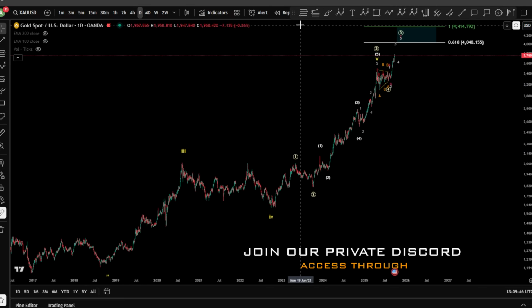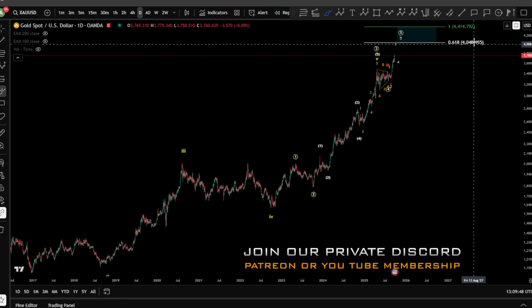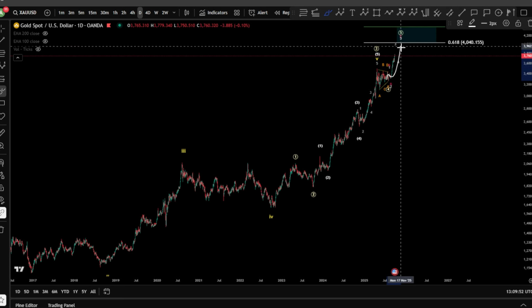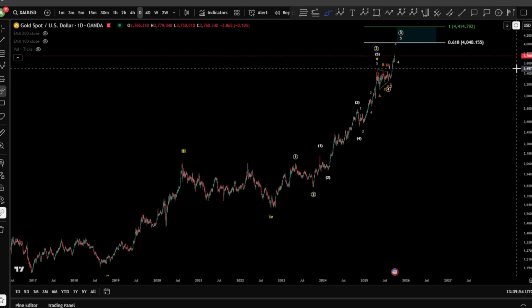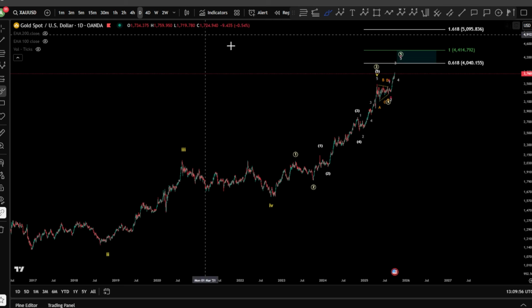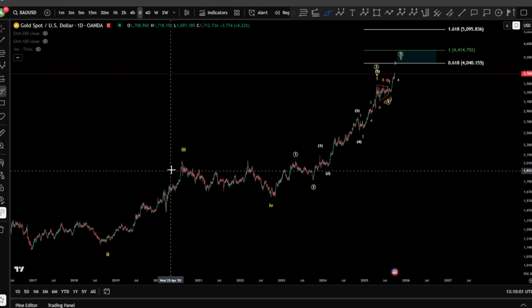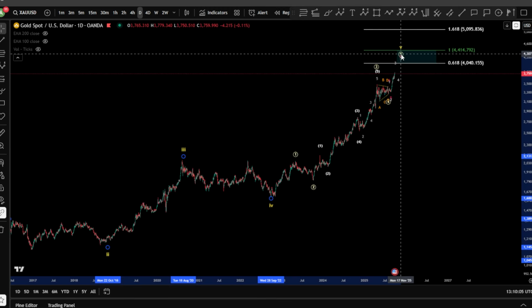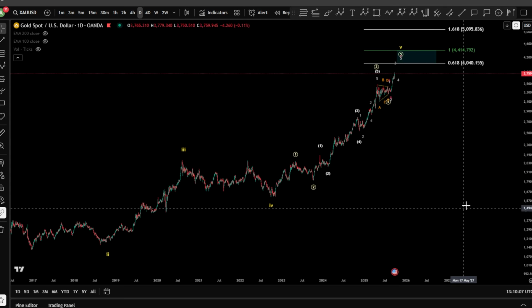And that means 4K might be very potential, very likely to be taken, and this might be in 1, 2, 3, 4, and a 5. And then we take it from there in this matter. I think that wave 5 here, this yellow one, the major one, can be finished over there.